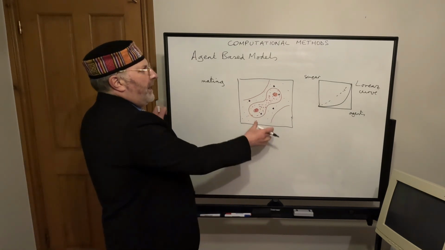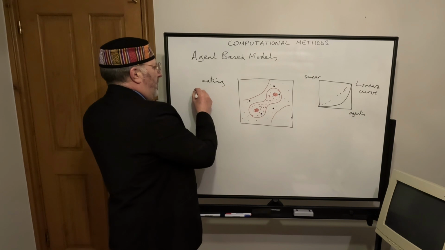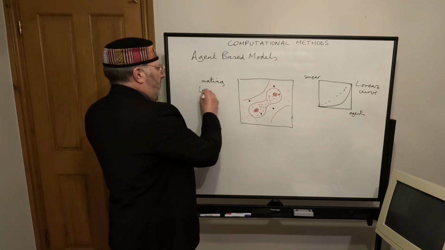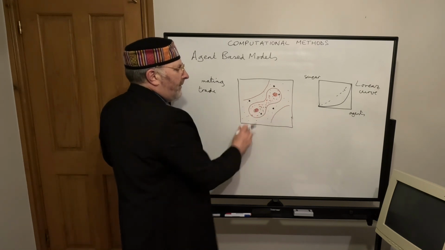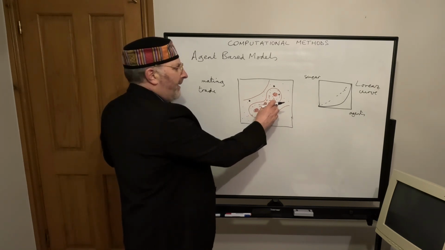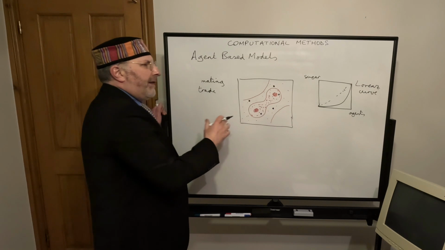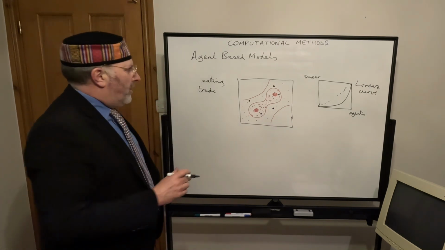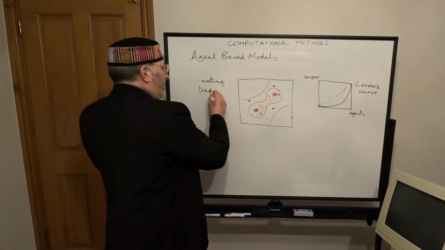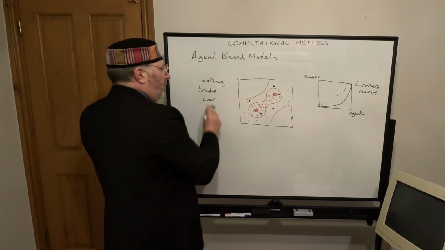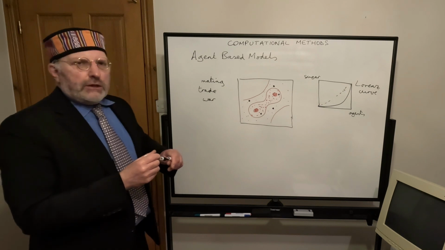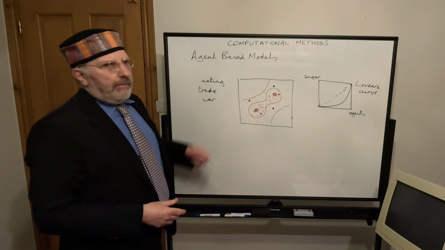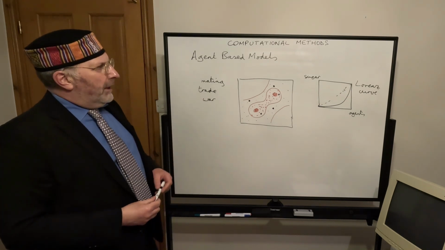And you can elaborate this further with trade. So they then extend it so that there are two types of resource, sugar and spice, and agents can have one or the other, and then they can trade. They trade with each other because they need both. And you can have war. They plunder each other, and so you can make the rules more and more elaborate